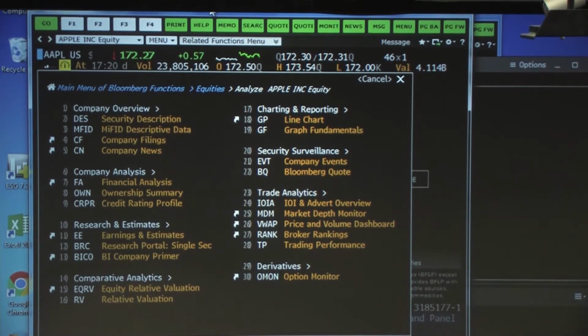And then next to that, you'll see a 46, an X, and a 1. That basically represents the block of shares that are being traded at that price. So basically, 46 people are wanting to buy that at 172.30, and there's one person that's willing to sell it at 172.31. And then you'll have the final price of the day. You'll have the volume. So Apple's stock was traded 23 million times today. You'll have your opening price O, your high H, your low L, and then your value is basically the